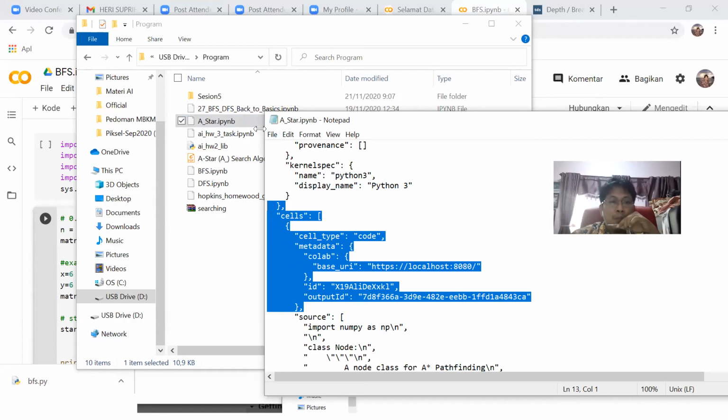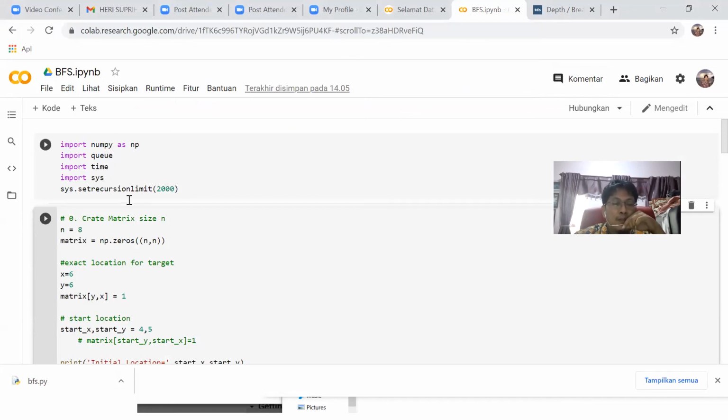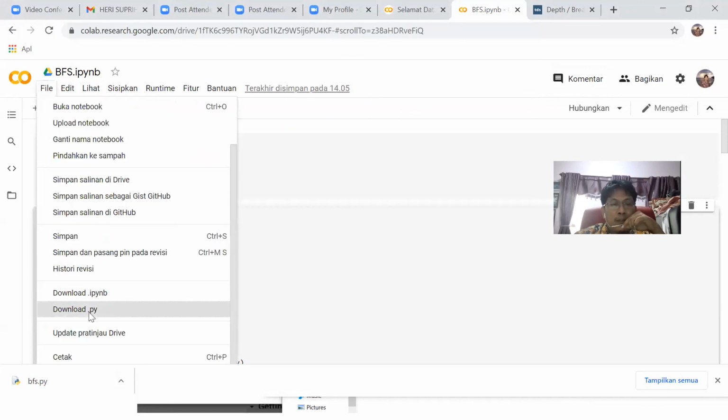So you have to convert it to the PY version if you want to use Notepad to run this Python.